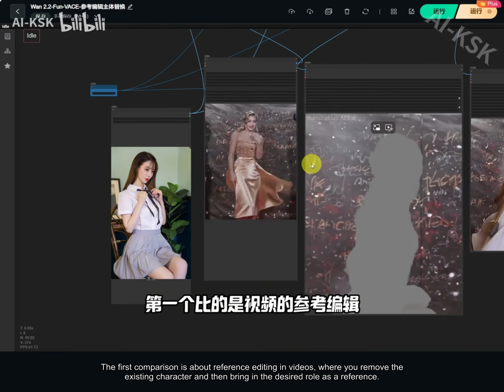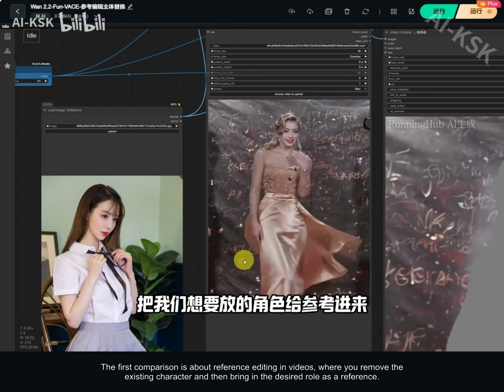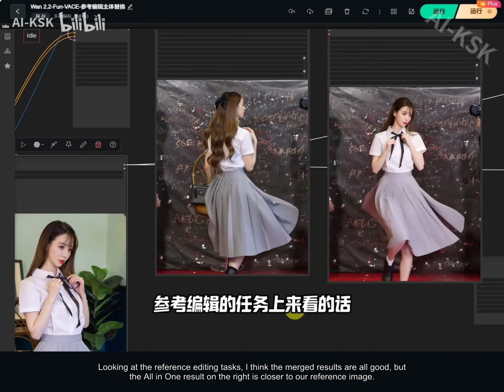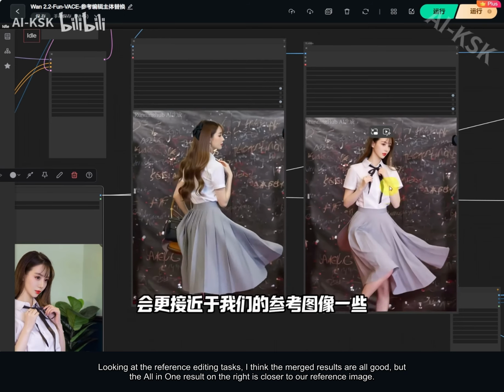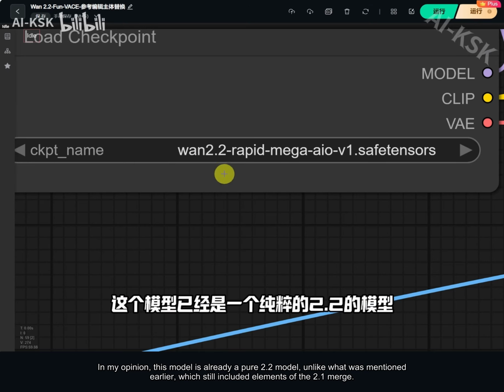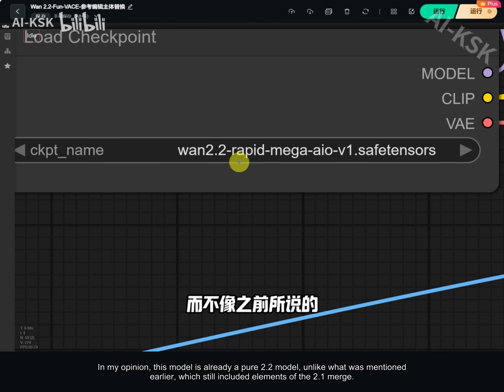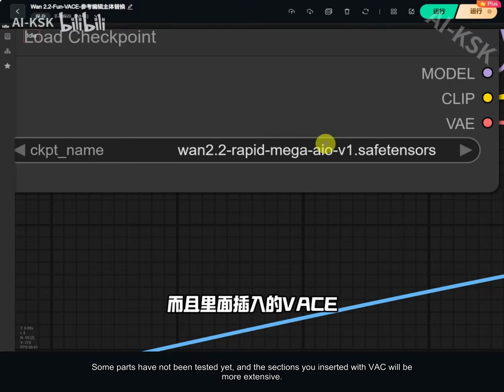The first comparison is about reference editing in videos, where you remove the existing character and then bring in the desired role as a reference. Looking at the reference editing task, I think the merge results are all good, but the all-in-one result on the right is closer to our reference image. In my opinion, this model is already a pure 2.2 model, unlike what was mentioned earlier, which still included elements of the 2.1 merge. Some parts have not been tested yet, and the sections you inserted with VACE will be